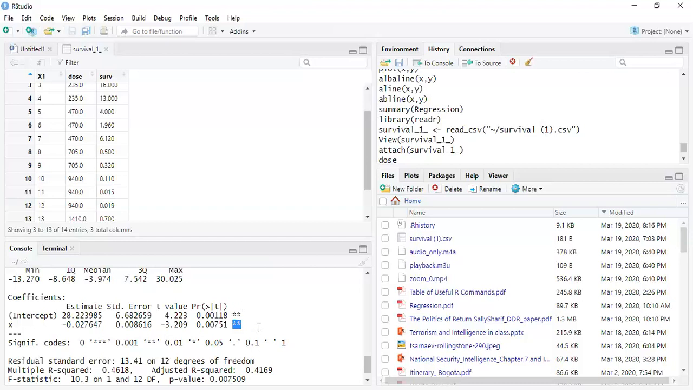So what does this mean? This means that the dose of